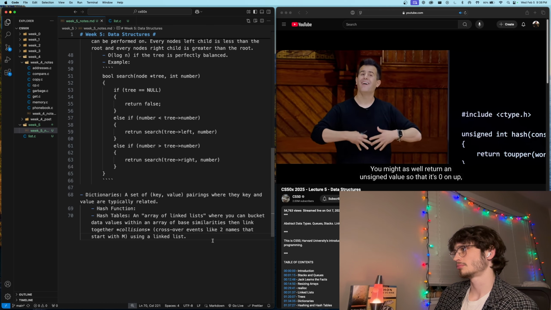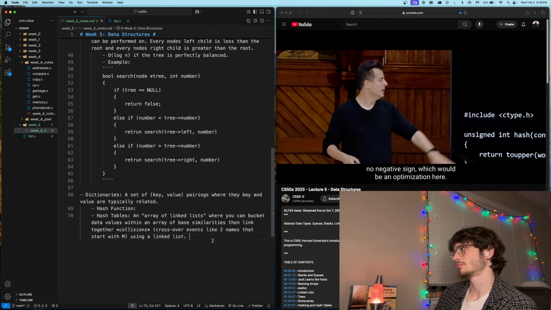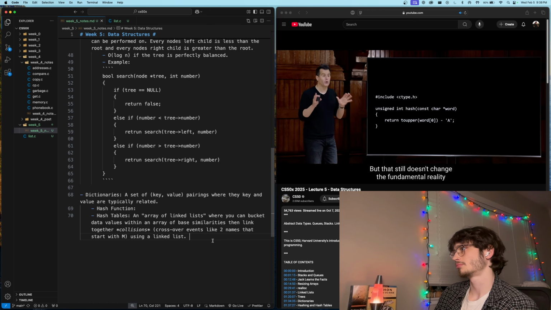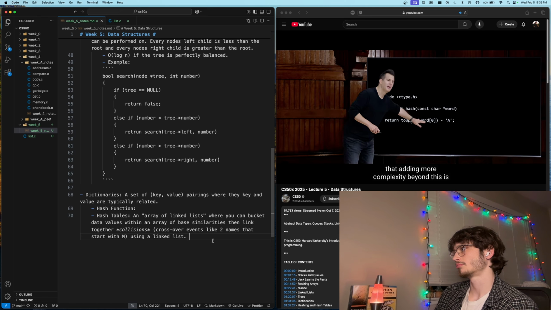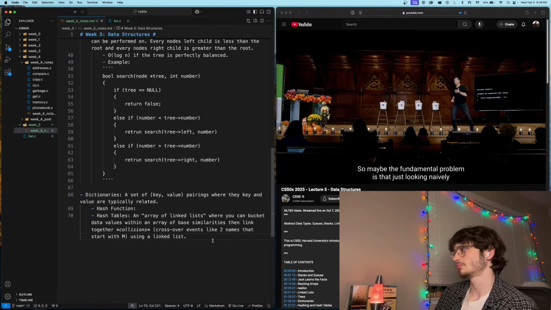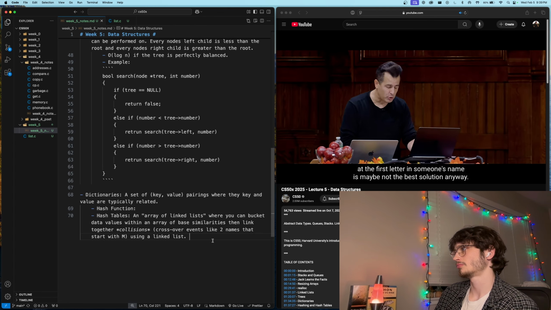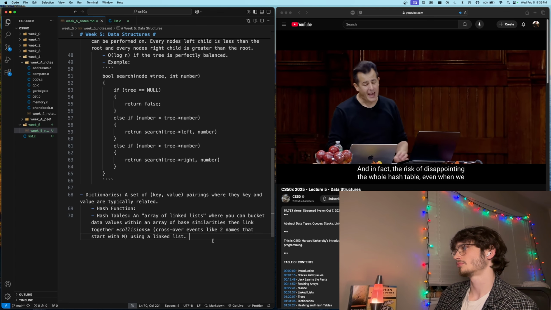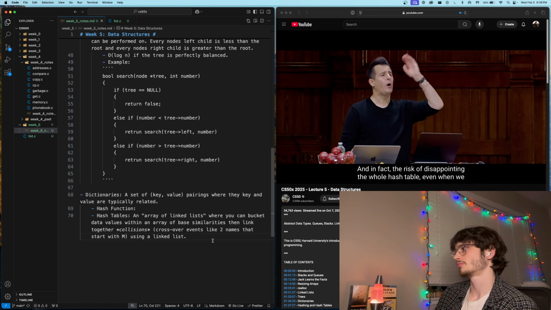You might as well return an unsigned value so that it's 0 on up, no negative sign, which would be an optimization here. But that still doesn't change the fundamental reality that adding more complexity beyond this is going to certainly increase, it would seem, the amount of memory that we actually use. So maybe the fundamental problem is that just looking naively at the first letter in someone's name is maybe not the best solution anyway. And in fact, at the risk of disappointing, the whole hash table, even when we use